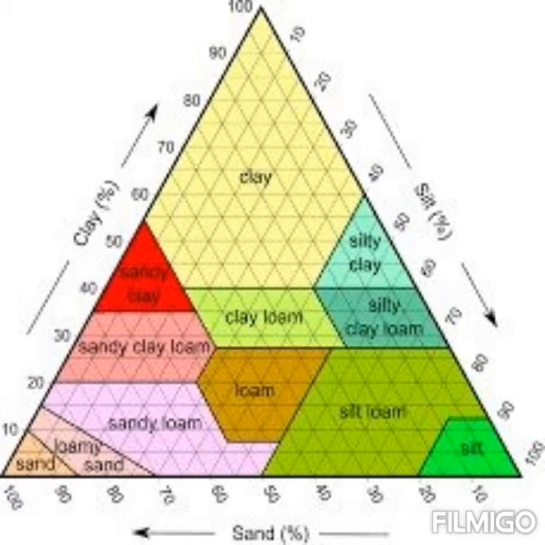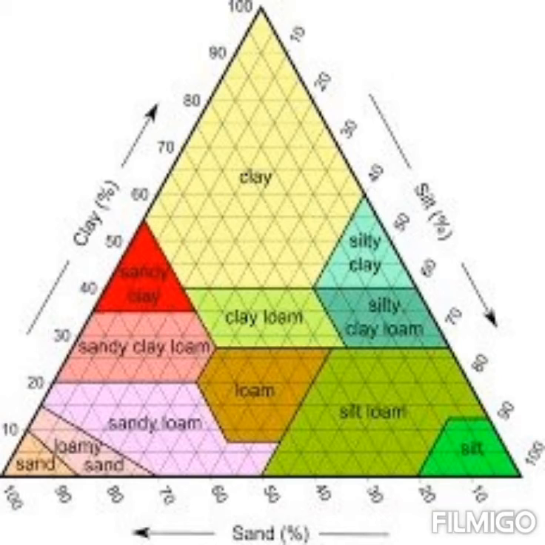So, in order to determine soil texture by the field method, we will start with a small handful of soil about the size of a golf ball. We will add water slowly to the soil and mix it until the soil reaches a smooth, plastic consistency. We will form the soil into a ball and squeeze it. If the ball of soil falls apart, then this is sand.